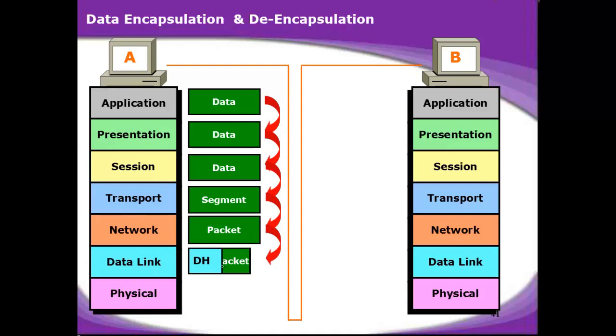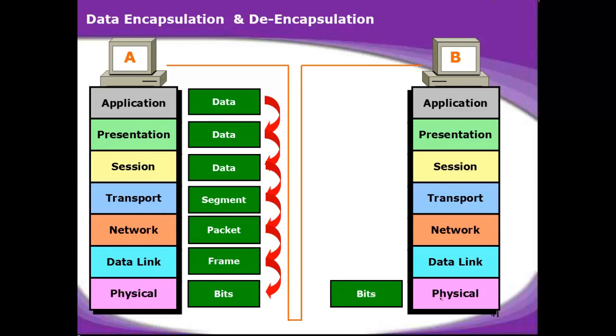layer, and a data link layer header is added to the packet, which contains the information about the MAC addressing, the source MAC address, the destination MAC address, and the protocol that generated this packet, like IP or IPX or AppleTalk. And the trailer value is also encapsulated here. The trailer value is nothing but the CRC checksum value, which is used to detect errors. So the whole thing is called the frame. Then finally the frame is converted into bits, and these are the PDUs at each layer.